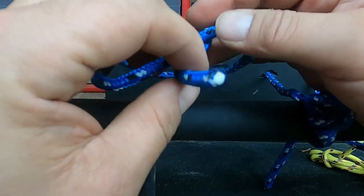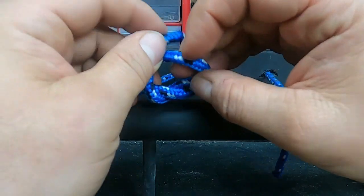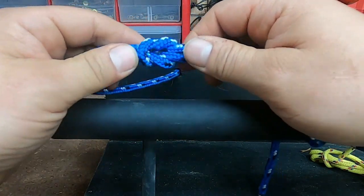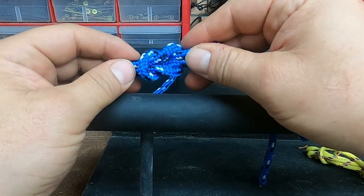You're going to take the two running ends, run them around each other, and in opposite directions do the same thing. And when you pull it tight, you're going to get a shape in the middle of the knot like a square. So if you push it,